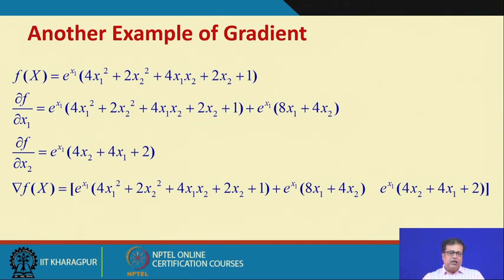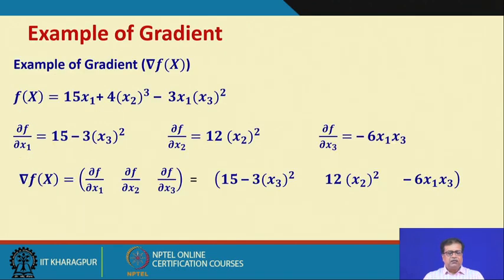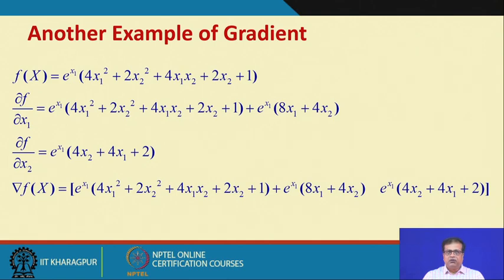So, first of all we have calculated for two examples. In the first example we had 3 variables. So, we took the partial derivative with respect to each of the 3 variables, and when you put them in the form of a matrix, that will be our gradient. And the second example is a 2 variable problem. We separately again found the partial derivative with respect to x 1 and x 2, and when you combine them, that time we got the gradient. So, you know how to really find out the gradient.